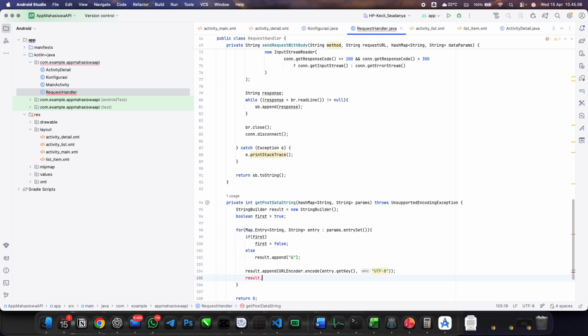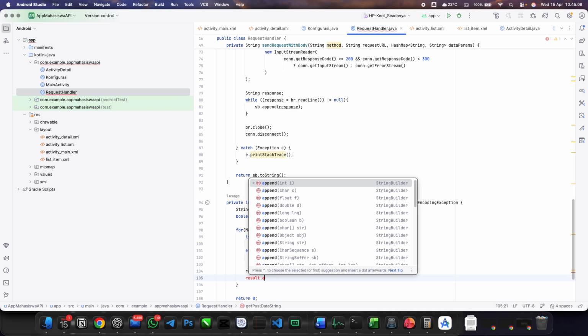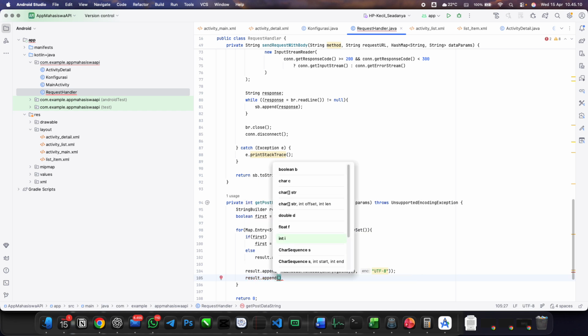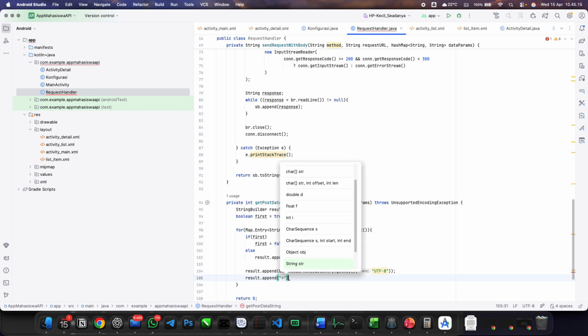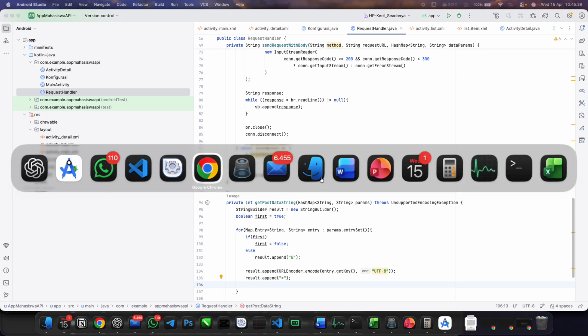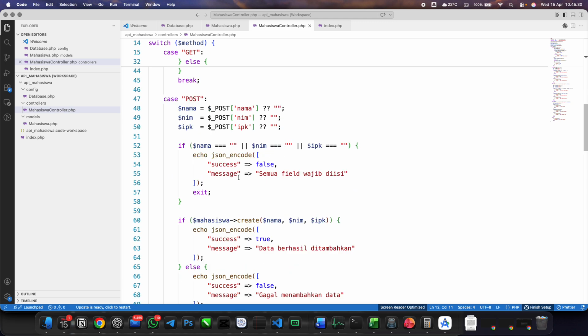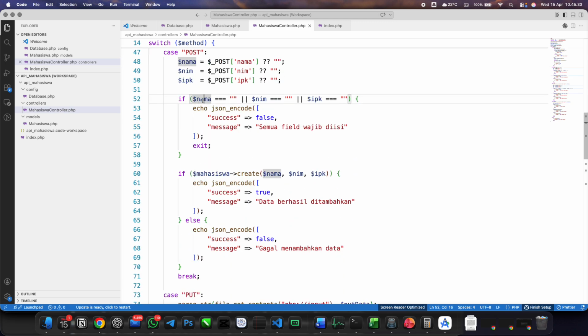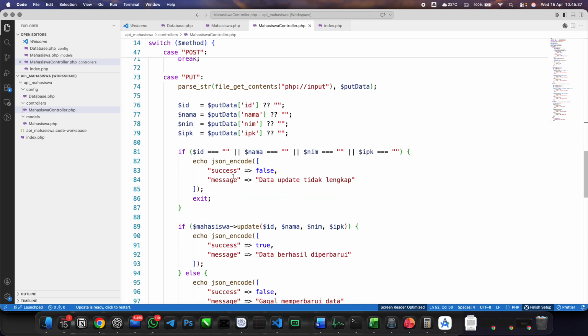Result dot append, and on the last response we are using equals in here, and also the value from the key. We are encoding the JavaScript object notation that later will be read by our backend in here. Ta-da! See? Like this. Equals to.